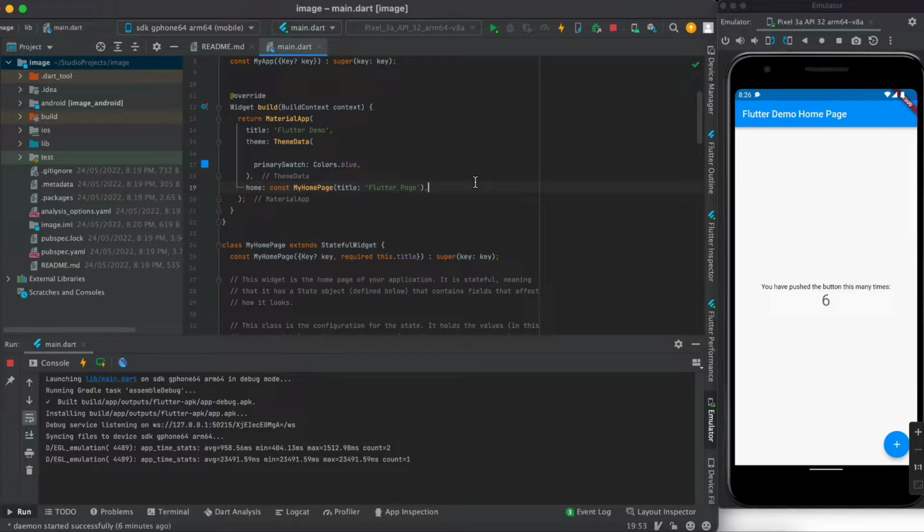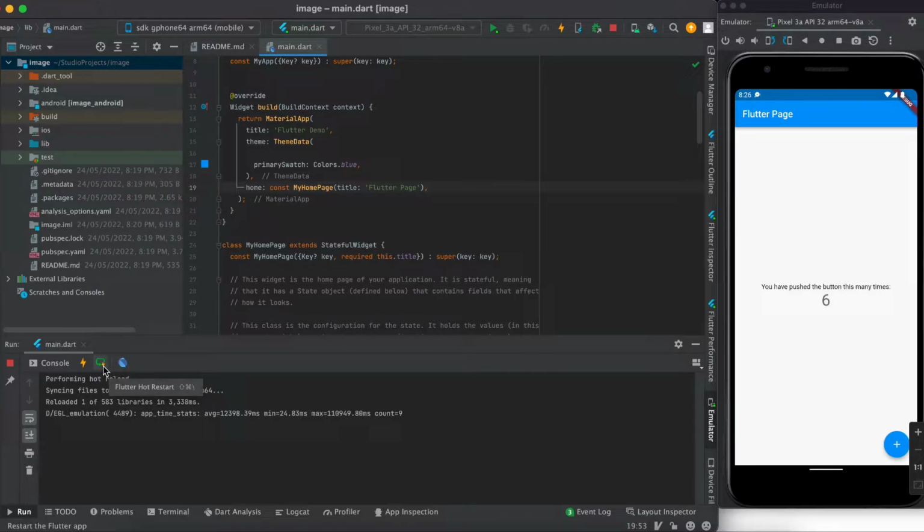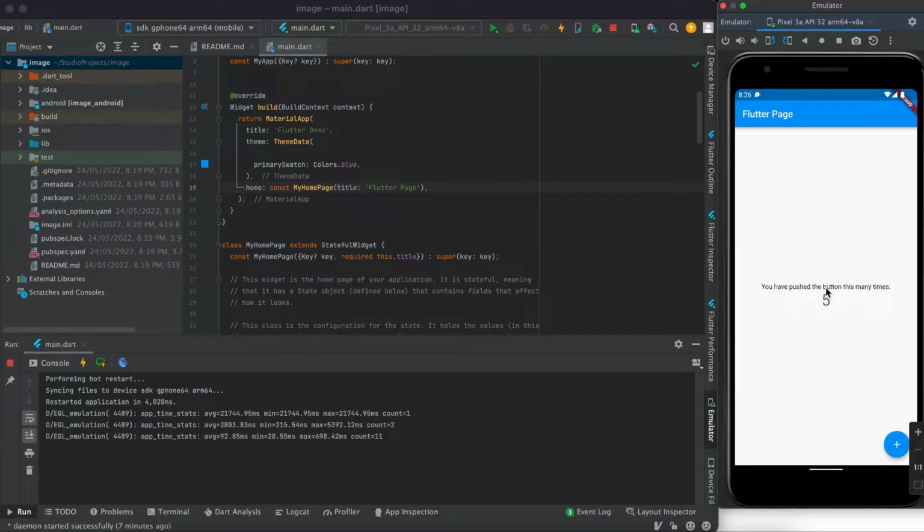And now if you just save your project, then this will make changes on your screen, as you can see here. And this means when you just save your project, it will perform a hot reload. It will perform a hot reload, and when you press this button here, it will hot restart your project. That means when you press this one, your entire screen will be started from the beginning. As you can see, if I press it here 2 times, 3 times, 4 times, 5 times, then this incremented up to 5. And now if you save the project,